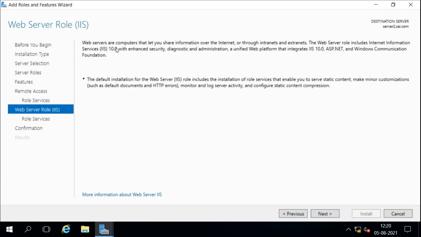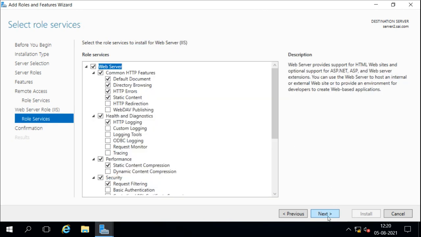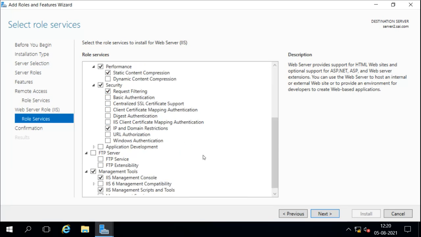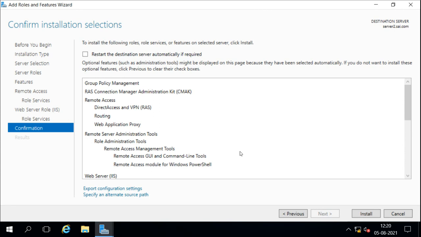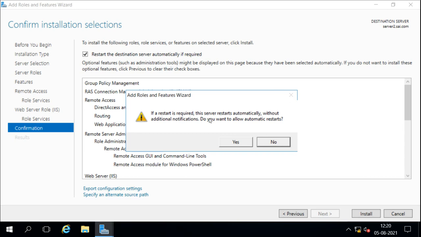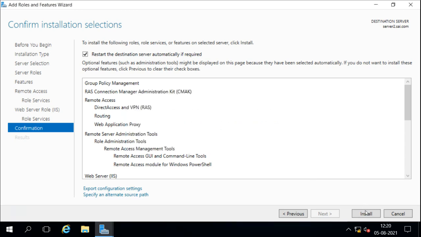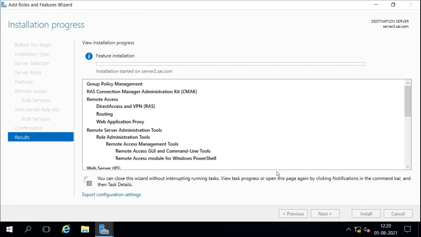Next, it is installing web services. It is telling us about the web services that it is installing. And then additional role services related to the web services, if you want, you can select some of them, or if you don't want, you don't select. I will go with the default. Now this is what we have selected, and it is going to install all of these. So I will select restart if required, and then I will go on to install it. Installation will take a little time, then it will complete the installation, and then it will ask us to do the after-installation task.